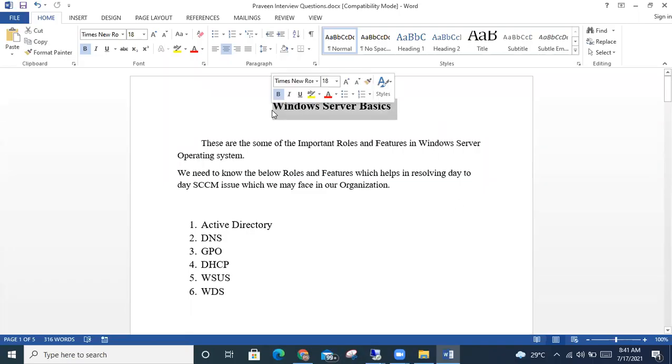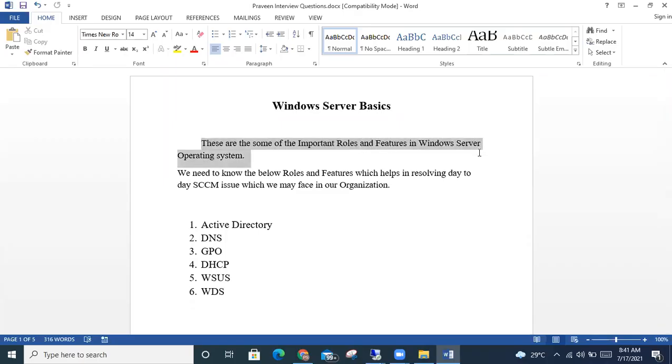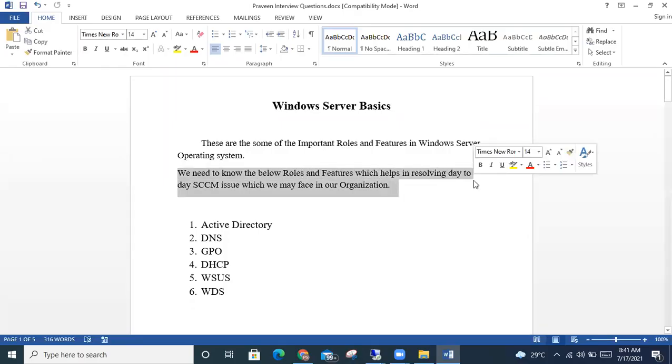So, Windows Server basics. On the Windows Server we have some roles and features which are very important. These are some of the important roles and features in the Windows Server operating system. Each and every service has plenty of roles and features. We need to know the below roles and features, which help in resolving the day-to-day SCCM issues we may face